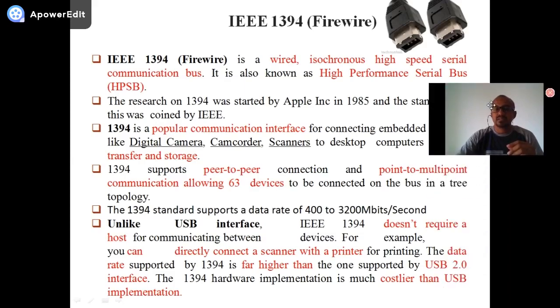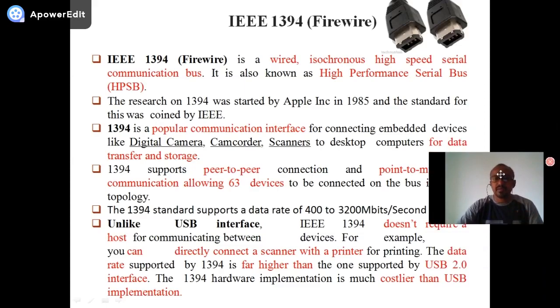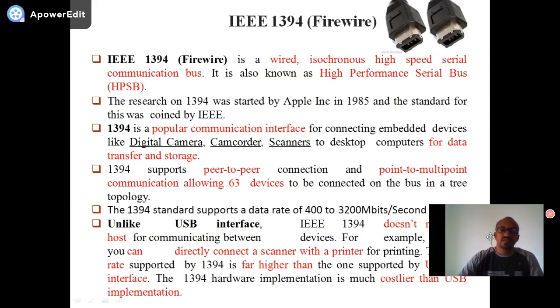So next on this list is FireWire, also called IEEE 1394. It is a wired isochronous high speed communication protocol, started and further developed by Apple Inc. in 1985, and the standard is coined by IEEE. It is a popular communication interface for connecting embedded devices like a digital camera, camcorder, or scanner to a desktop or a laptop for data transfer